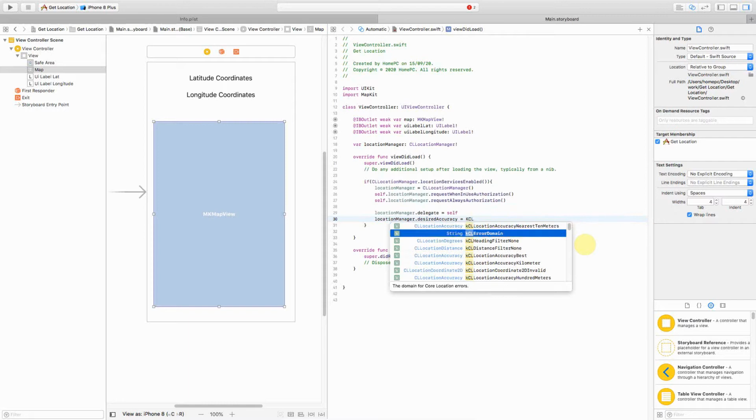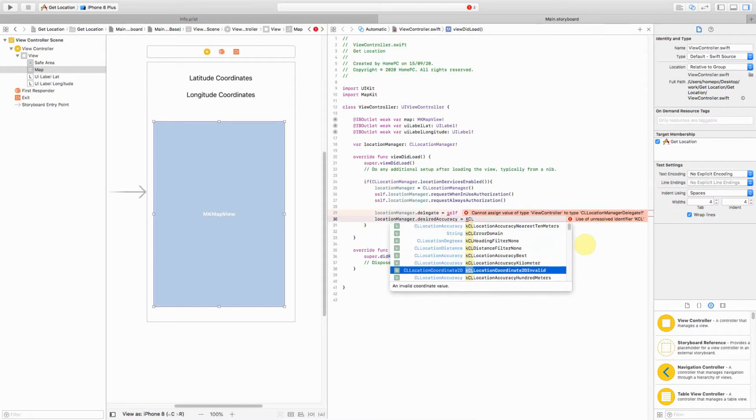It gives you options whether you want 10 meters or best accuracy, up to kilometer, so there are different options. You can choose 3 kilometers or best for navigation. You can see the description below also. I think I will go for the first one, the 10 meter.